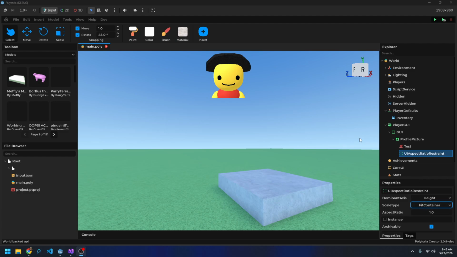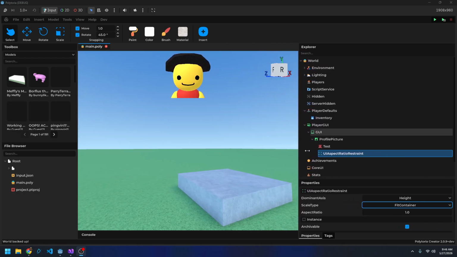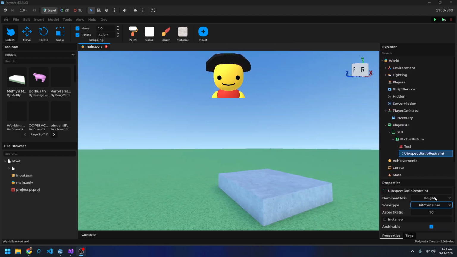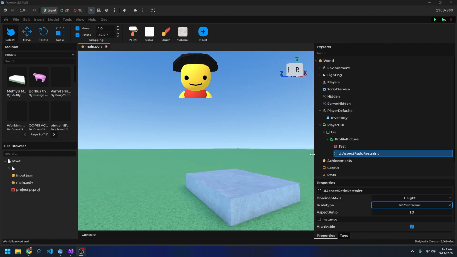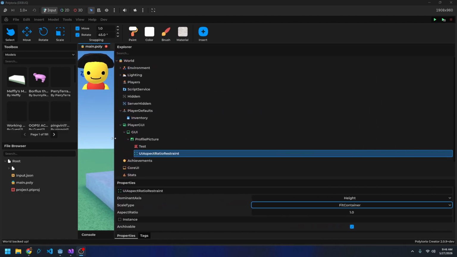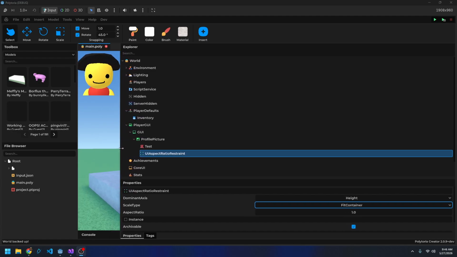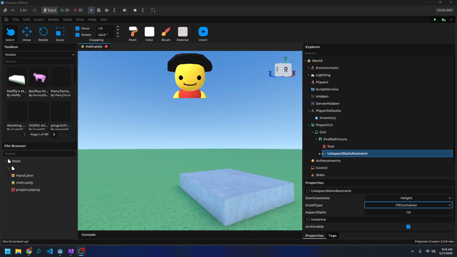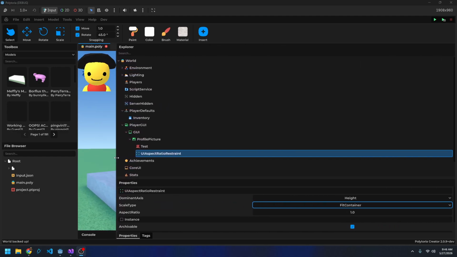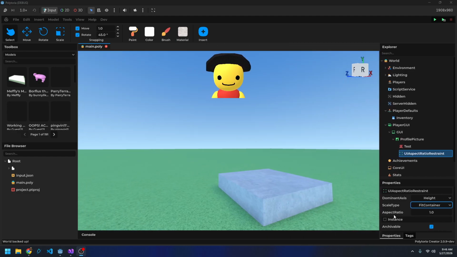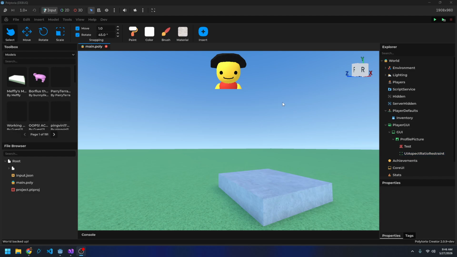Default is fit container. And what you'll notice is that if I shrink this down, on the dominant axis right now is the height, but if I shrink this down, it will shrink it down with the container. So it will always keep the same aspect ratio, but it will make sure not to go over the size of the container. And then you have max size, which you'll notice it got smaller there, and that's because the